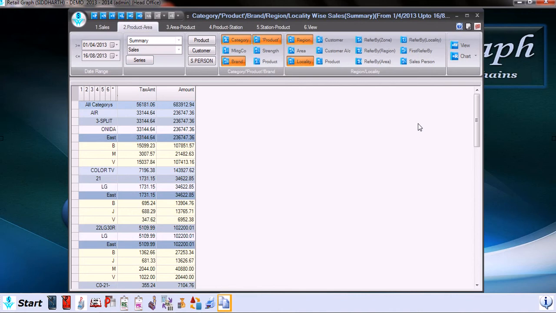So now the report is based on the product features which are category, product, and brand, and then region and locality. So category is air, product is split, brand is Onida, and the region and locality is East. Similarly, color TV 21-inch LG East, and more.